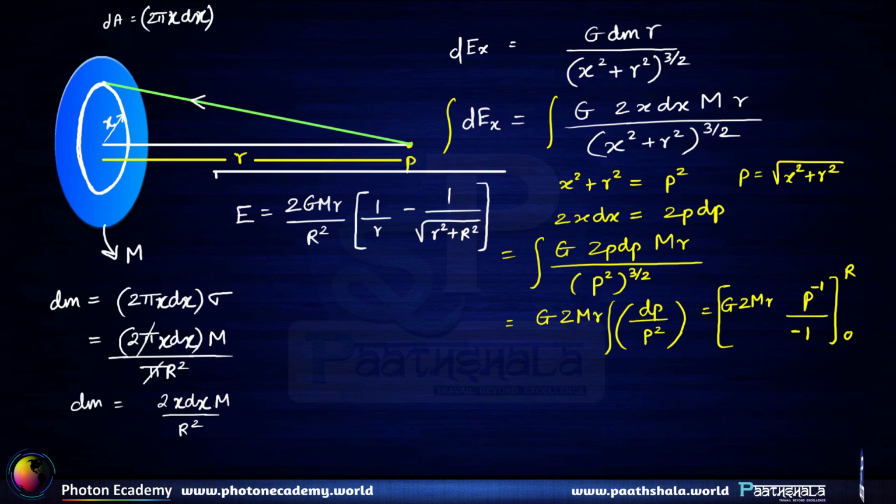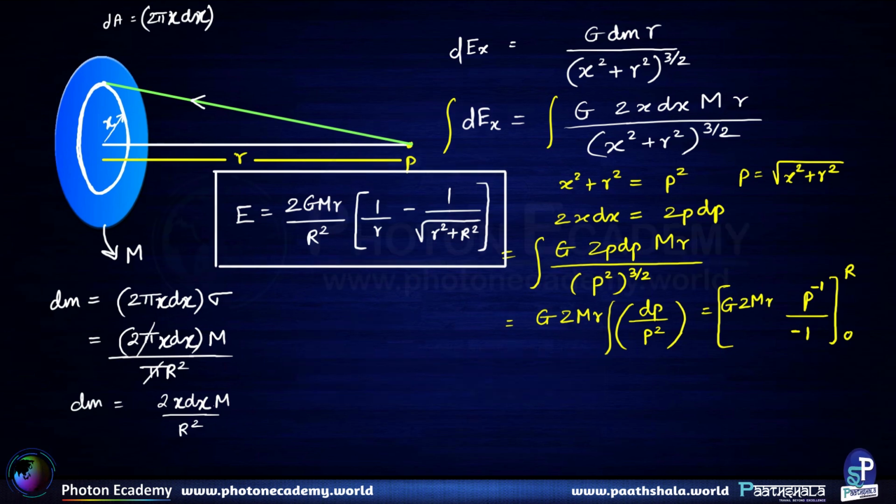So this particular expression we can say is the exact expression. This expression can also be written down in terms of the angle theta from the point P to the edge of the disk. So basically, let us say this angle till the edge of the disk is theta, then this particular expression can also be written down as E is equal to